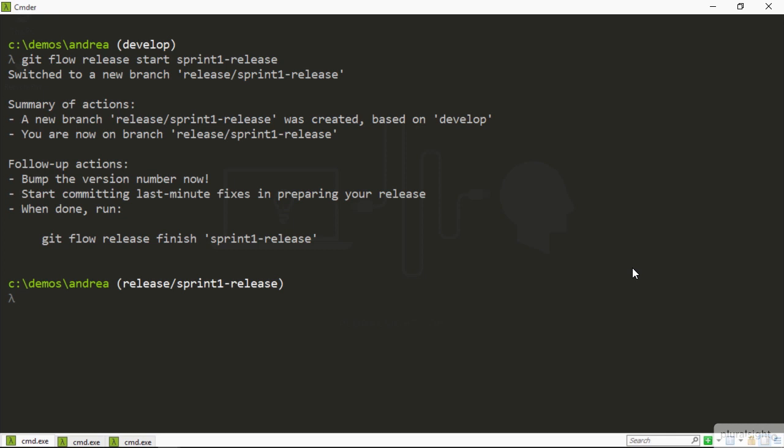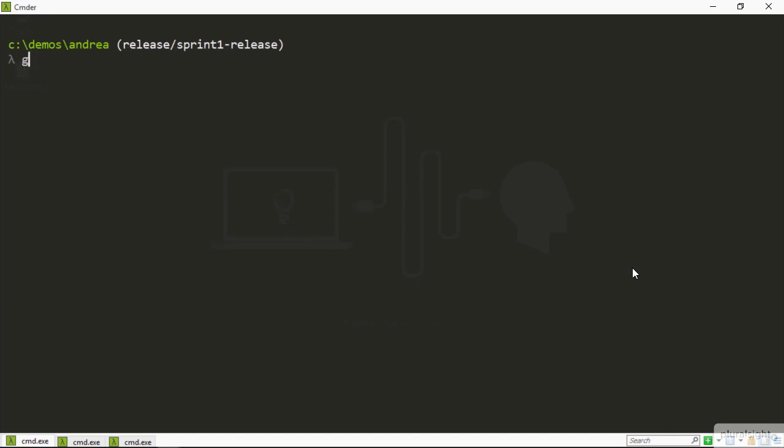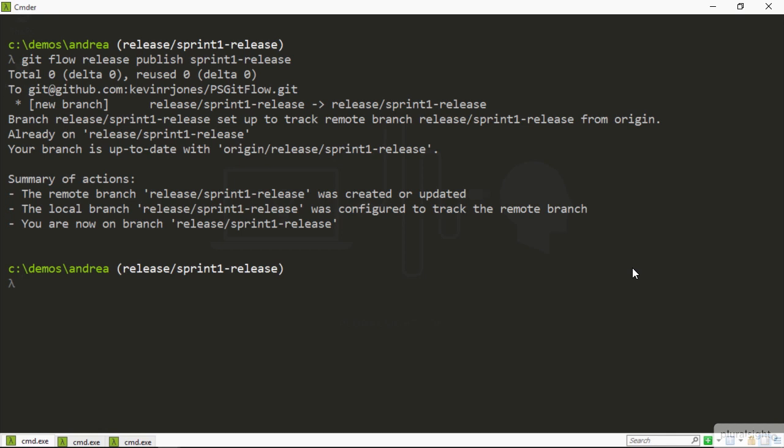Now it's highly likely, in fact very probable, that with the release branches, we want these branches shared. This branch has to go to other people so they can test the release. So we do git flow release publish, and we name the release. So it's going to be sprint1-release. And this has the effect of setting up a tracking branch with the remote repository and pushing the release